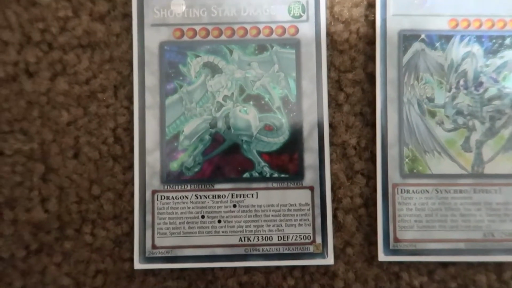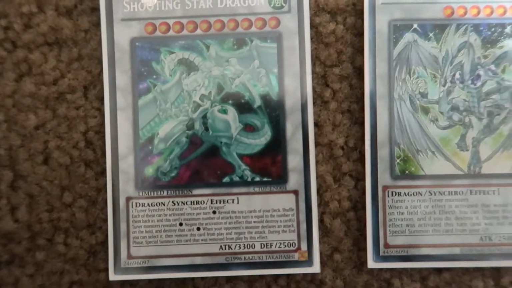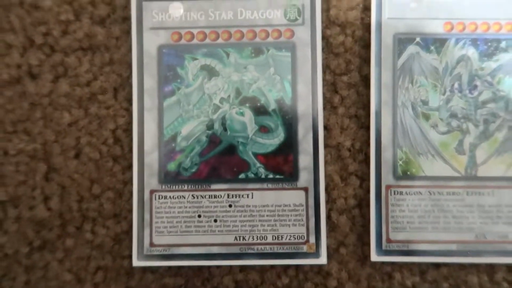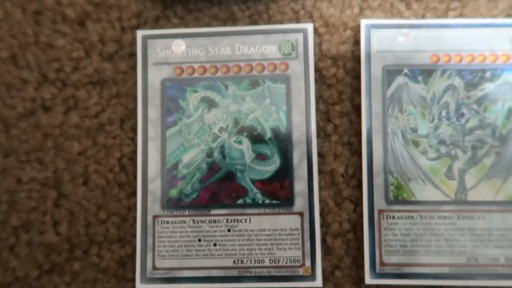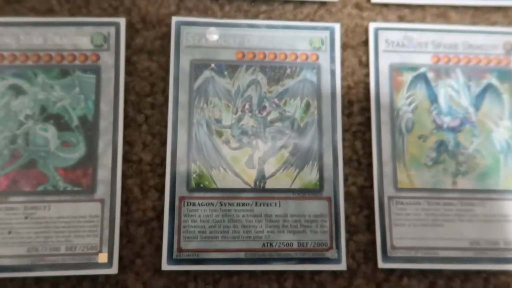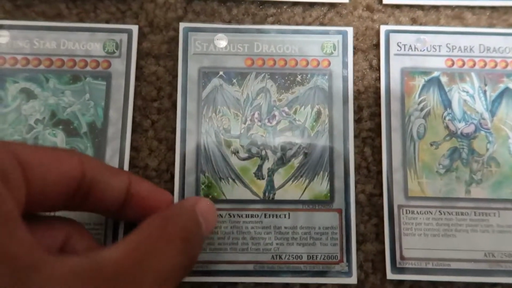I can just banish this. Banish it and negate the attack, and then it comes back during the end phase. So yeah, really neat. Now Stardust Dragon here, I'm kind of flexing with this one because this is not my